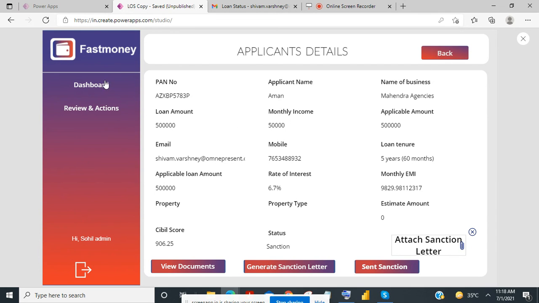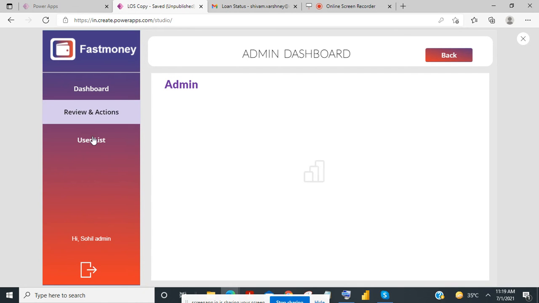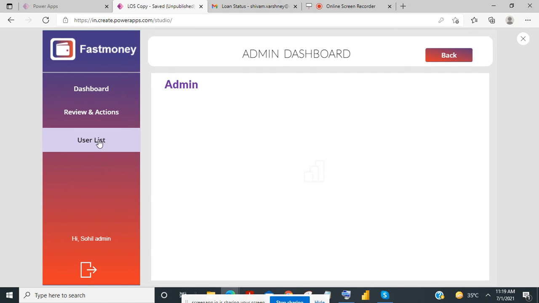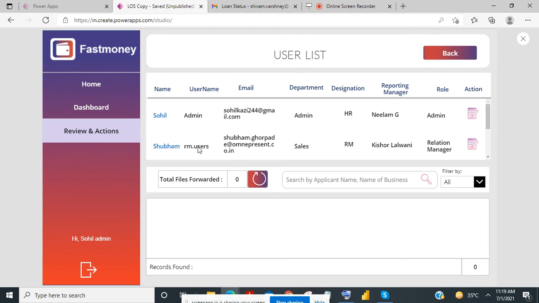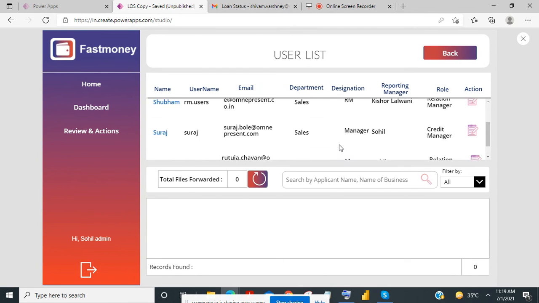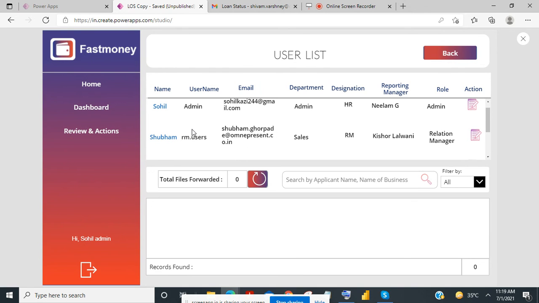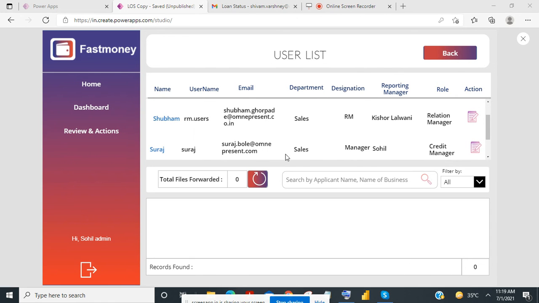We can see many more things there. In the dashboard you can see there is one more thing which is the users list, in which you can manage the users. There are multiple users like Sohail as admin, Shubham as user, say in the sales department, RM, Suraj as sales